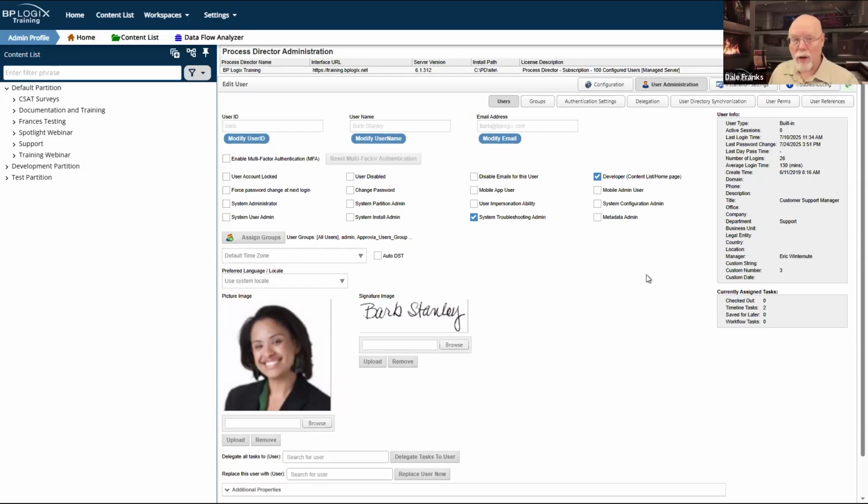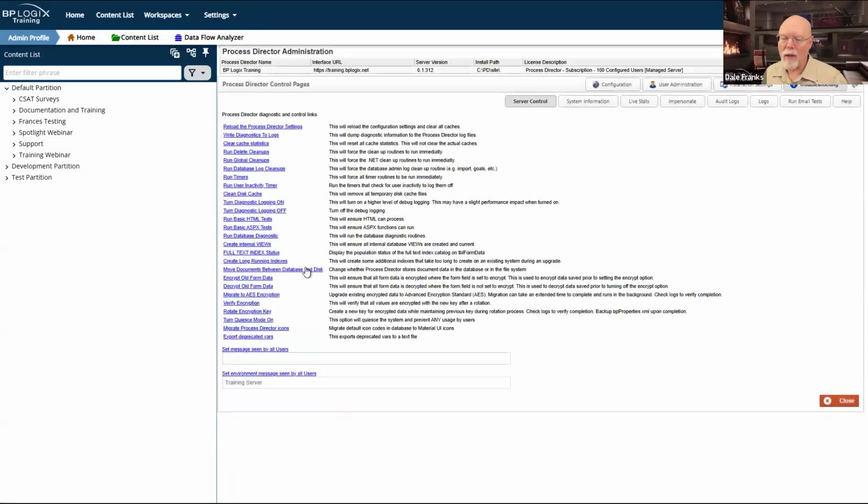Plus, troubleshooting also gives you access to the system control page, which is its default page, which gives you all these little abilities here to reload the settings, write diagnostics, run delete cleanups, sort of normal housekeeping stuff. This is useful maybe for some of your IT people to have access to so that they can go and troubleshoot things that are going on your system that might be related to your local network environment.